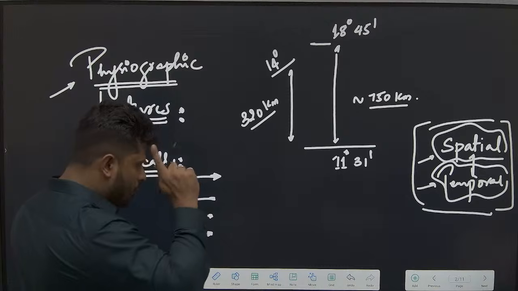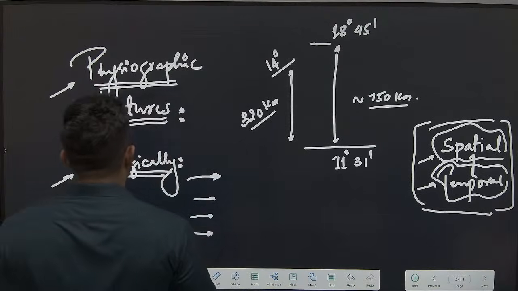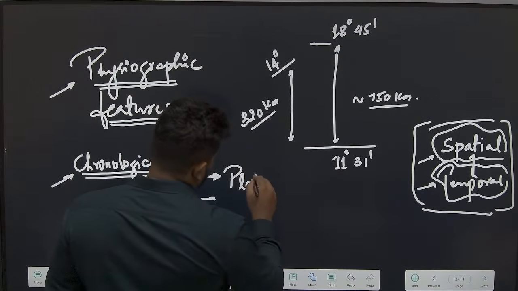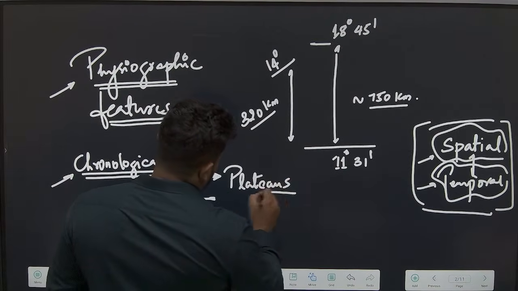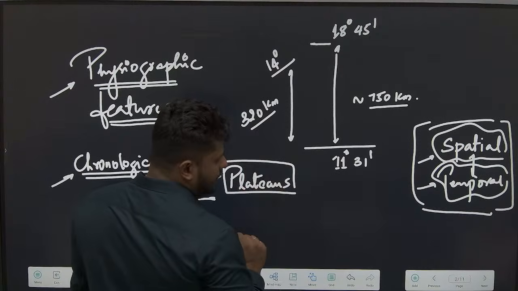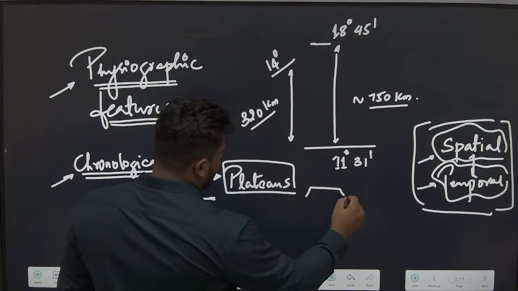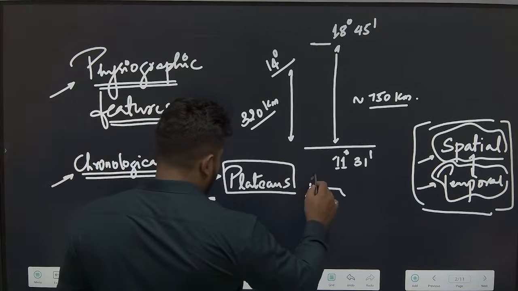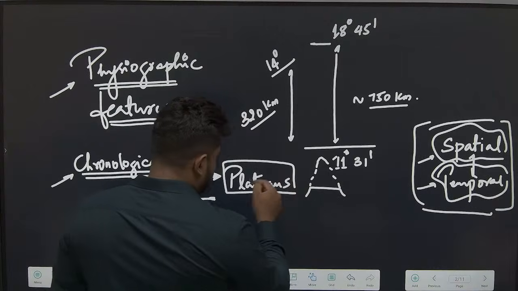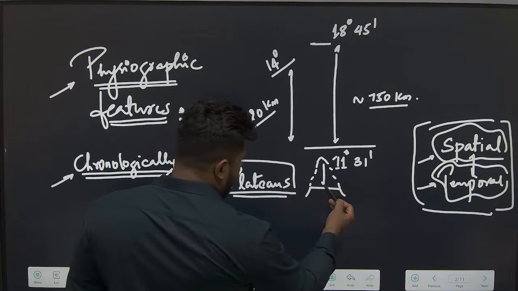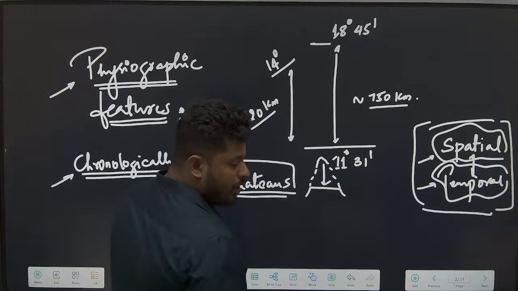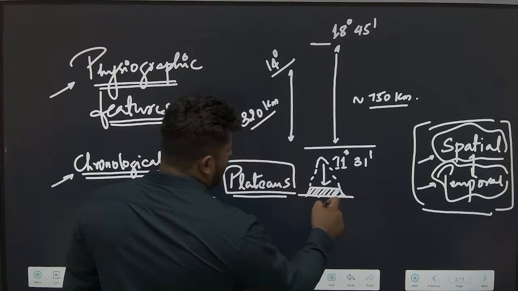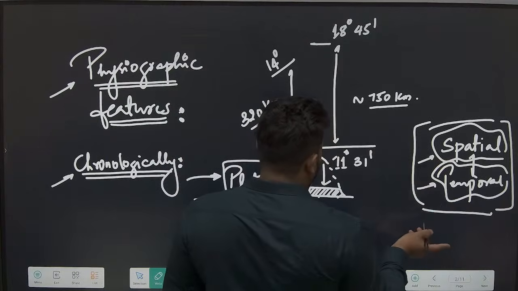Whatever crustal formations happened at that point of time, today we have them as the plateaus. The plateaus are not the tallest places, but they are flat-topped tablelands. Once upon a time, probably these plateaus were very tall. But with time, since they are the oldest, they have been reduced to this level today. So if they are the oldest parcels of the earth, will they be economically important?